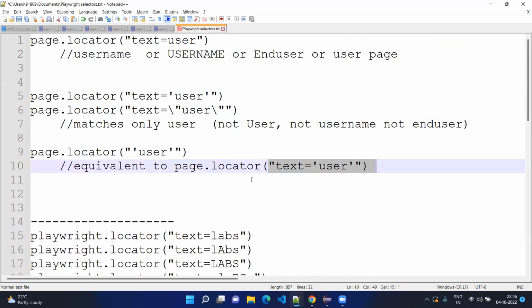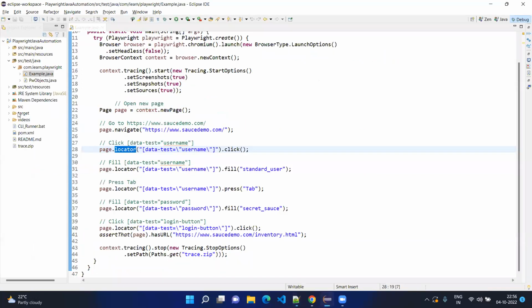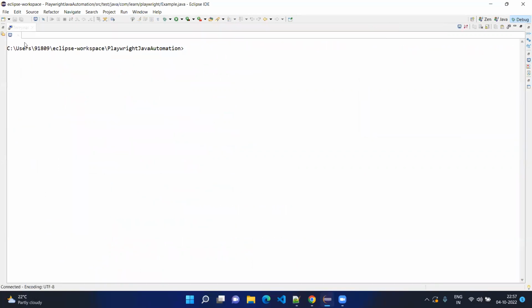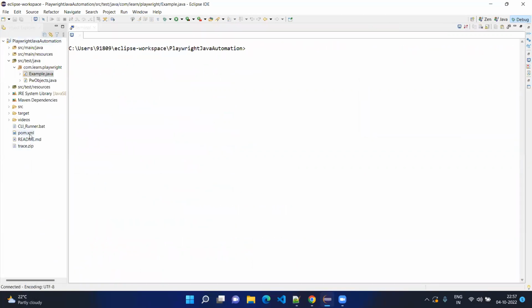And in order to find this, let's say you want to interact with the Playwright selectors, verify a selector, and write some selector and check how it works. There is a different way. In order to do that, we need to open the website by using Playwright. It's very simple. Just go to our Eclipse, the previous project. Let's go into the terminal. Maximize. And you know that we have the CLI runner. So by using the CLI runner, I'm just going to open